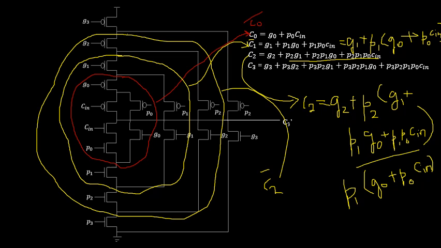So last we are going to have the expression for C3, that is G3 plus P3 G2 plus P3 P2 G1 plus P3 P2 P1 G0 plus P3 P2 P1 P0 multiplied with Cin. So if I apply the same concept and take the common terms, the common term will be P3 multiplied with G2 plus P2 G1, and again there the P2 term is common, so it will be in terms of this particular expression.